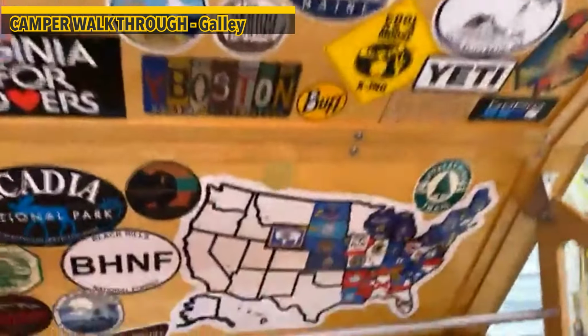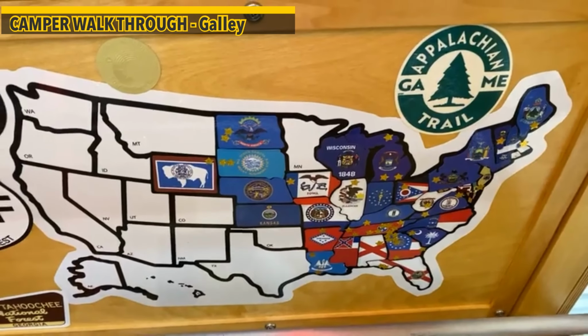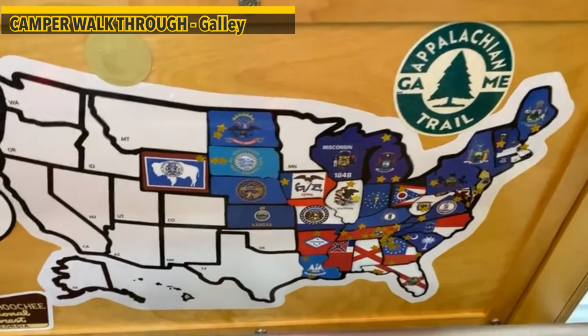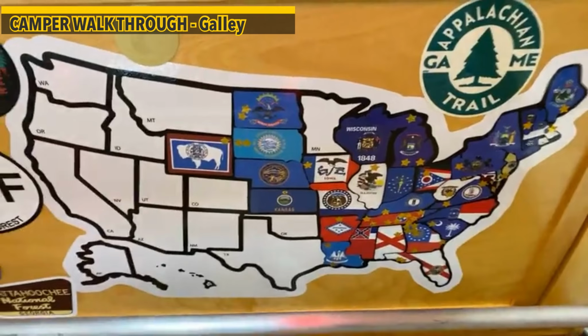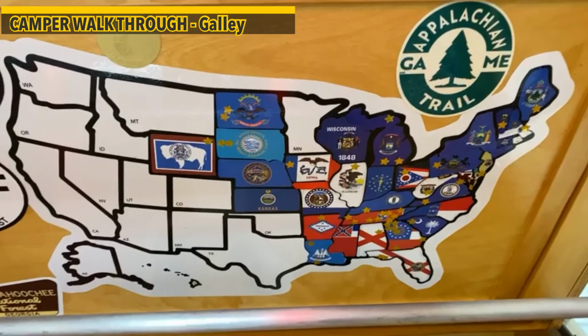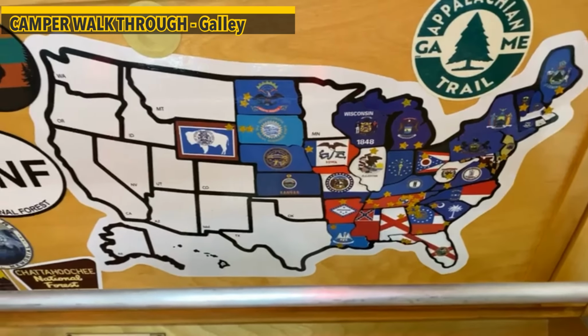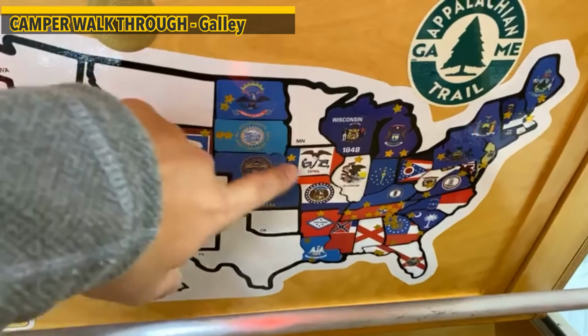And of course, everybody has to have the U.S. map and all the states that we visit. We do it a little bit differently than most, I think. We put a state sticker where we travel through with our camper. But we actually put these golden stars on the,